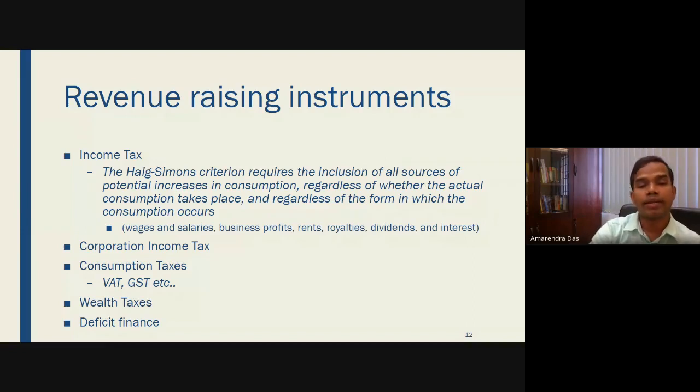So in public finance, we discuss everything in detail: how income tax should be imposed, how corporation tax should be imposed, what would be the optimal rate of corporation tax, what would be the optimal rate of income tax, whether you should have three slabs of tax or four slabs. Then if it is a corporation tax, whether you should pay the tax on dividend or not. And if it is a dividend, whether the dividend should be taxed at the corporation level or at the individual level, because the dividend is being distributed by the company.